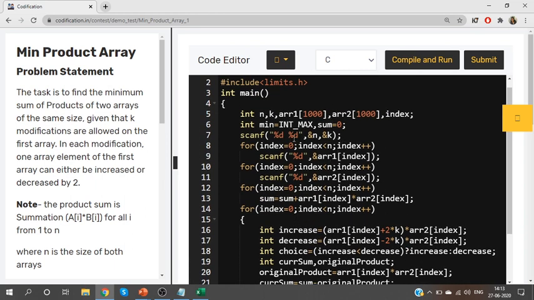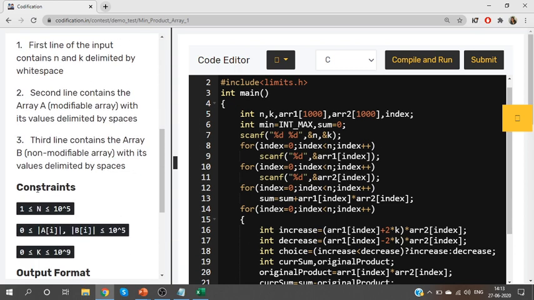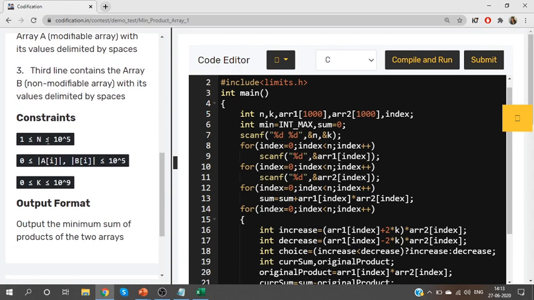However, we haven't optimized it in terms of space because array 1 and array 2 have a fixed size of 1000. But here, look at the constraints. N value will be up to 10 power 5. 10 power 5 means it is 1 lakh, right? You may have up to 1 lakh elements and the values can also be up to 1 lakh. So what you have to do here, instead of having a static declaration, we are going to have a dynamic method of declaration.